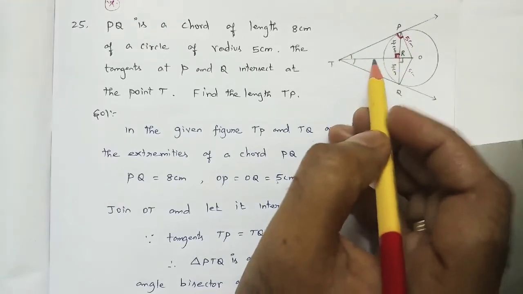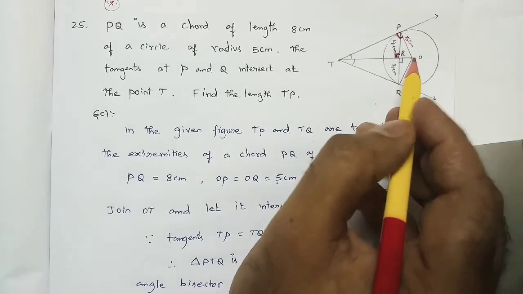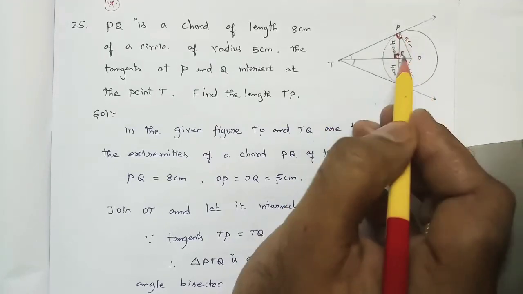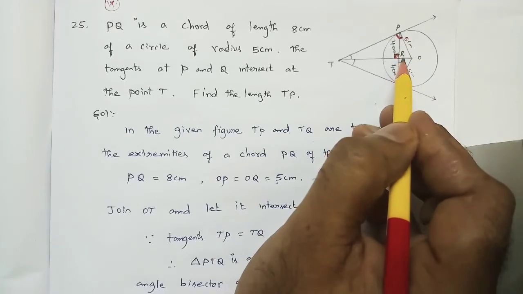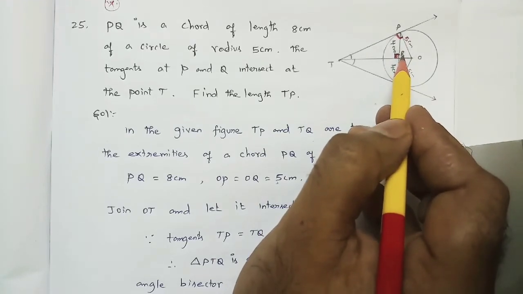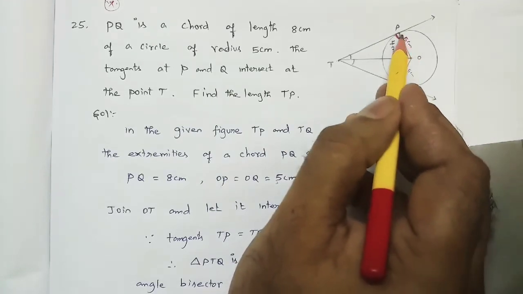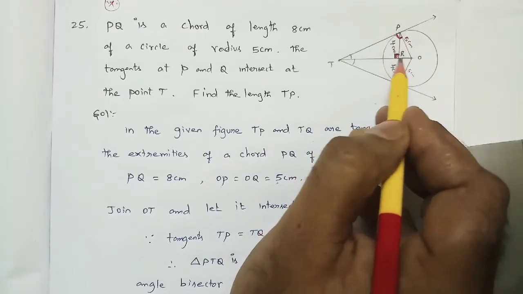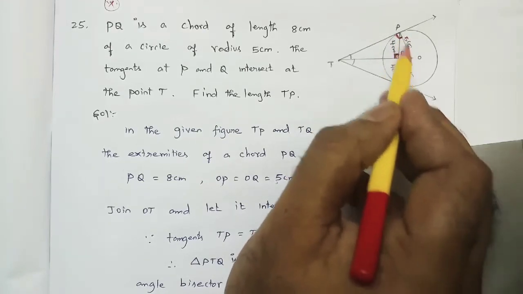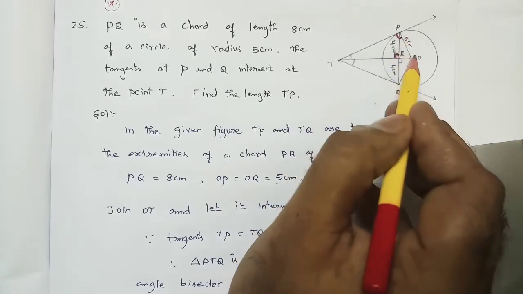Now we have three right angle triangles. The first, the small right angle triangle, I am taking is OPR. Which angle is the right angle? R is the right angle. Then the hypotenuse is OP, the adjacent is PR, and the opposite is OR. So OP square is equal to PR square plus OR square. This is the first right angle triangle.